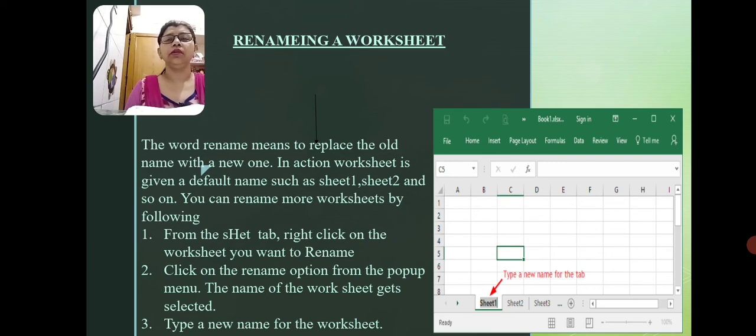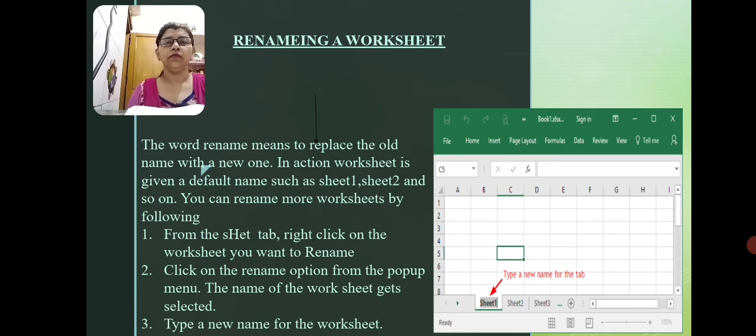Suppose the book name is Book1. You can rename it New Book, Book 1, Book Cute, whatever. So the default name is Sheet1, Sheet2, and so on, and you can change it. Whatever name you want, you can give it by the rename option.